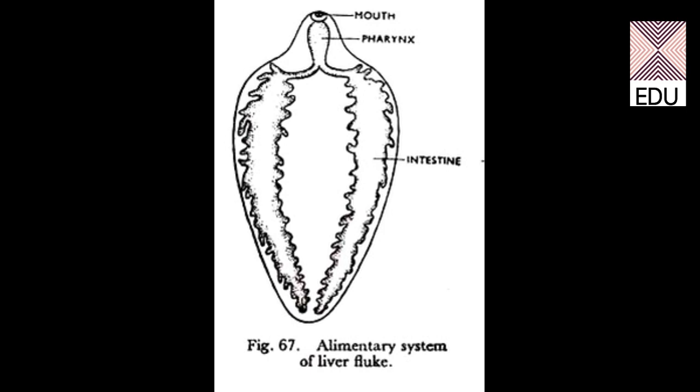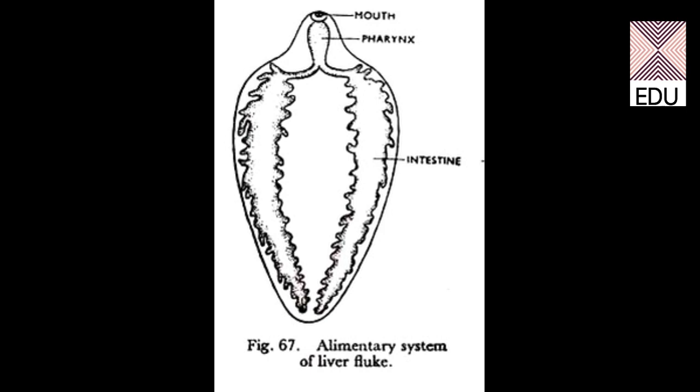Now after this, the intestine bifurcates into two limbs. These limbs are again divided into a number of caecae. So you can well see the number of caecae. So what is the function of caecae? Basically these increase the surface area of the intestine for proper absorption and digestion. As we have villi in our intestine to increase the surface area, Fasciola hepatica has caecae for proper